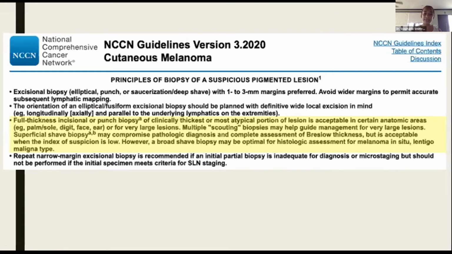But in our setting where patients are presenting to us so late, most times we are doing multiple scouting biopsies because the lesions are quite large. So the point here is that you want to have a very low threshold to biopsy any new or changing pigmented acral lesions, especially in adults, right? So if a person of a darker skin phototype presents with a persistent lesion on the lower extremity and they tell you that it has been changing in size or changing in color, then an acral lentiginous melanoma should be considered and a biopsy should be performed.